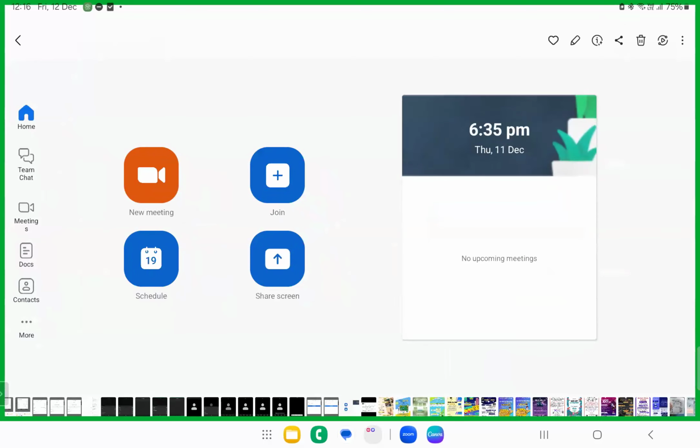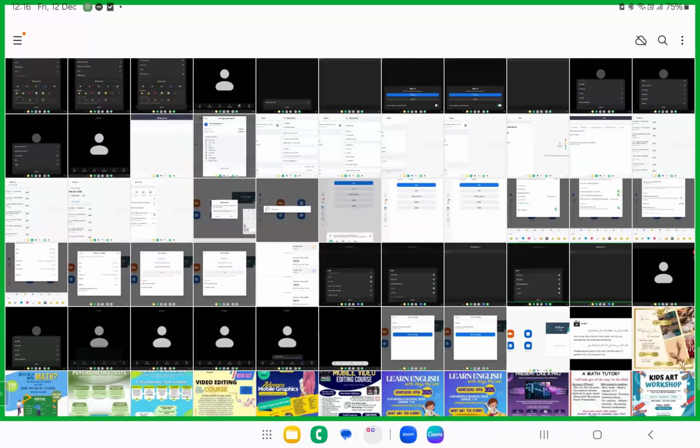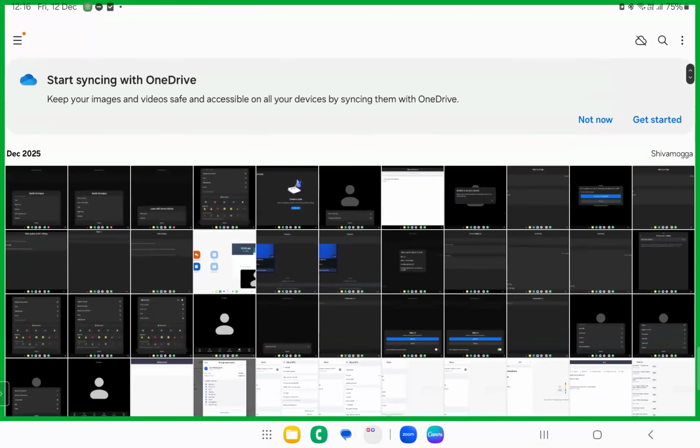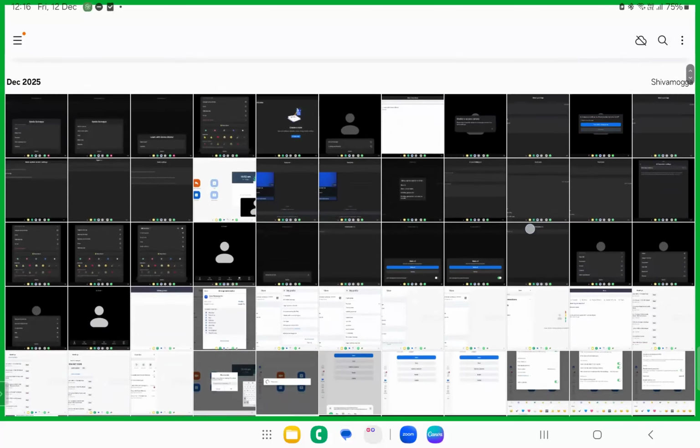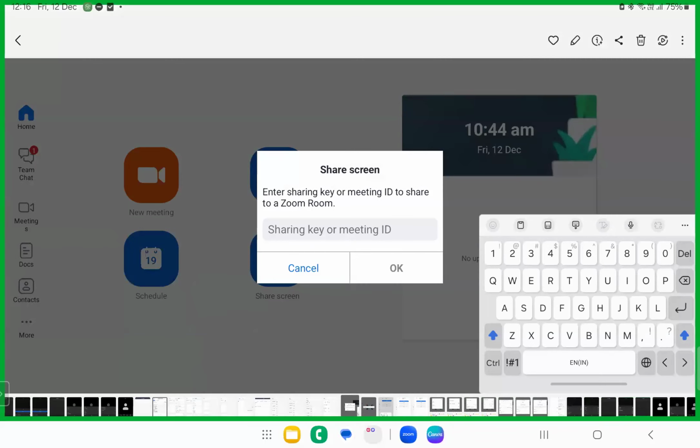You have to click on this button, share screen, and write the meeting ID, the meeting link that I had given. Once you write that meeting link, you'll be asked to share the screen. So in this way, you can enter the meeting ID, click OK, and share the screen, and I can teach the thing. Got it now? Understood or not? Everyone in the Zoom meeting cannot share. Fine, okay, so this is how it goes.